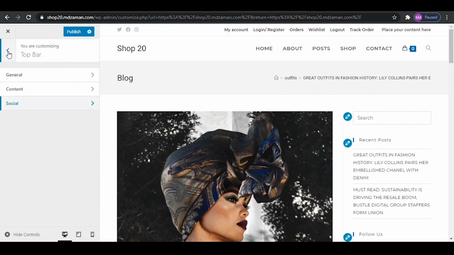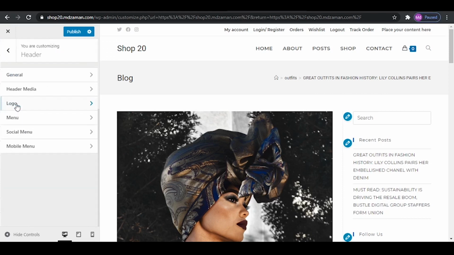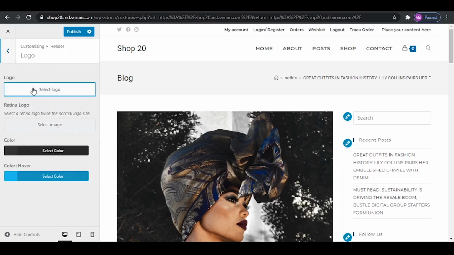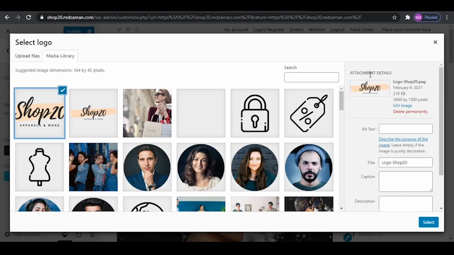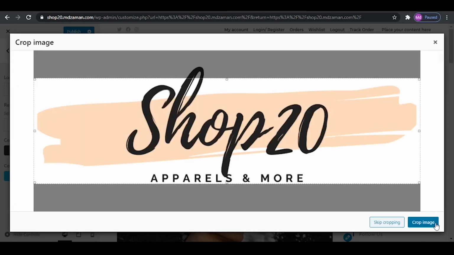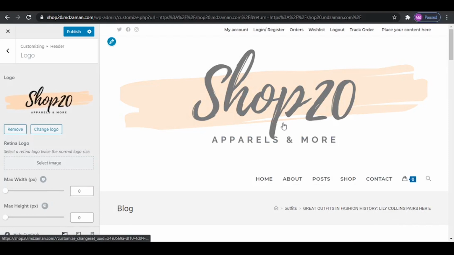So let's go back and back again. And after the top bar, we have the header option. So we'll click on it and let us click on logo first and select the logo. So I'm going to select this one. I guess this is the logo file. Yes, logo shop 20, and I'm going to select it, skip cropping, and our logo is quite big, so I'm